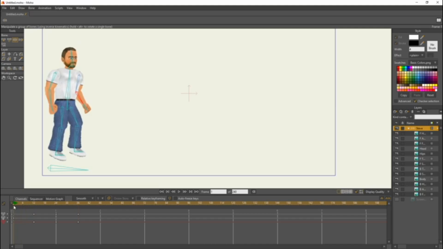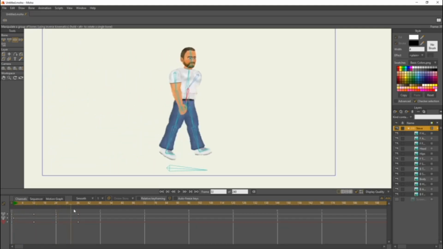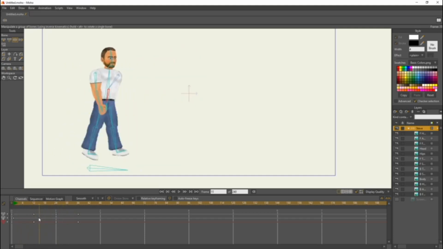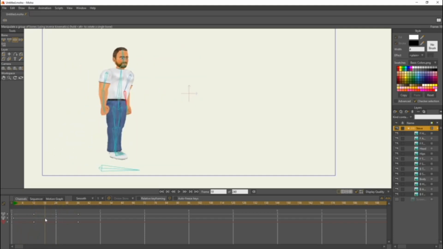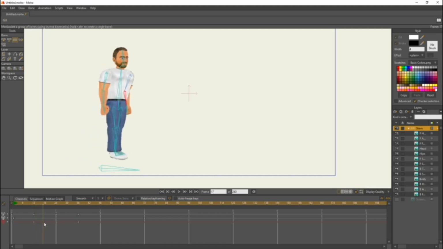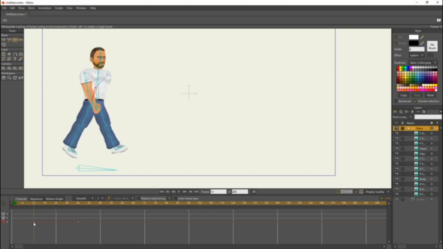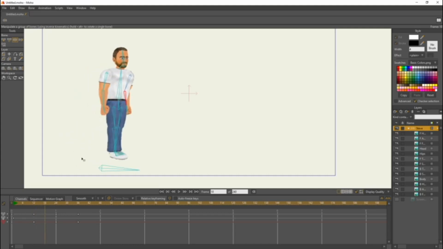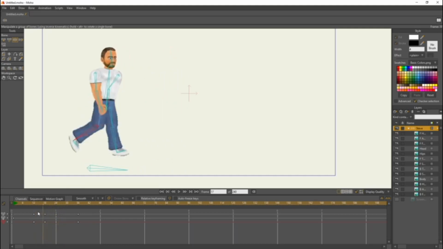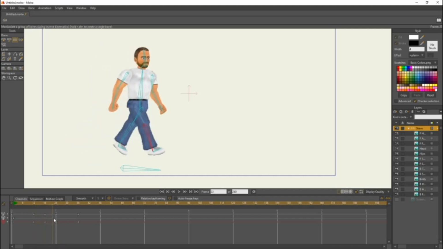And now, you can see he's kind of walking a little bit there. But we want him to look more realistic when he's walking. So now, what we're going to do is here at frame 16, he's swinging his front leg forward. So we're going to make his front leg bend up a bit at frame 16. Right? And then you can see it looks like he's bending his leg to walk forward.